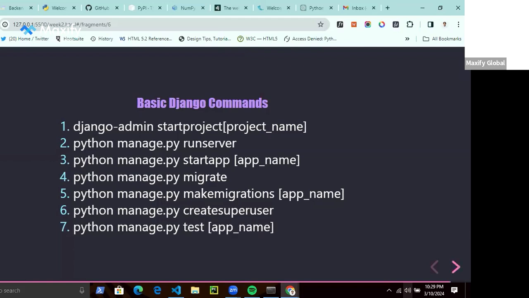Okay. Then lastly, we have python manage.py test app. So this command, essentially what it does is when you're writing your project, you need to run some tests, right? And typically you run unit tests. Unit tests are executed in an app.